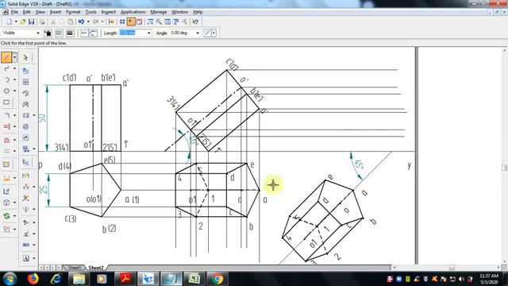Right. Now the projector lines, from this view we have done, then from here you have to draw like A, B, C, D, and the bottom face separately we will do.